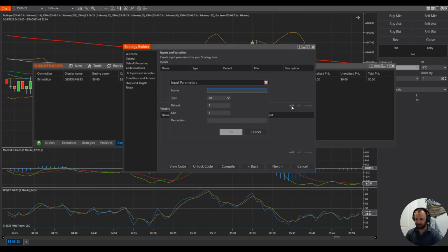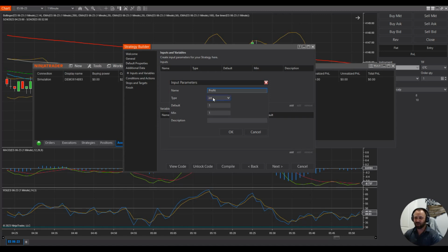Now let's start with our profit target. For the name of this input, we're just going to call it profit. Now, when we do futures, what we want to look at is the number of ticks. Each point is comprised of 4 ticks. So when we create an input called profit, we want to look at the number of ticks that we're expecting to get of profit. In this case, let's say in our strategy, we want our risk to reward ratio to be 2-to-1. And if we had a stop loss of 4 ticks, then our profit we would want at 8